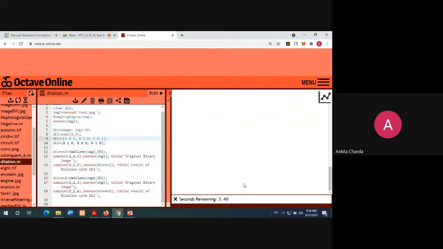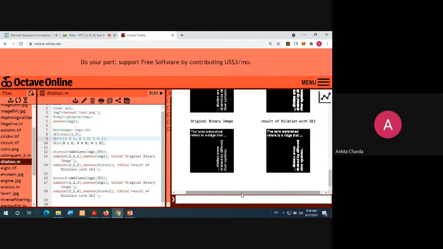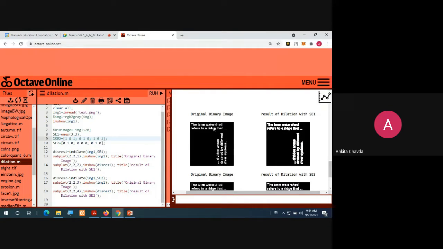Let's see the output. Fine. This is my original binary image written with some text, and this is the result of dilation. Always remember, dilation means expansion. You are expanding.